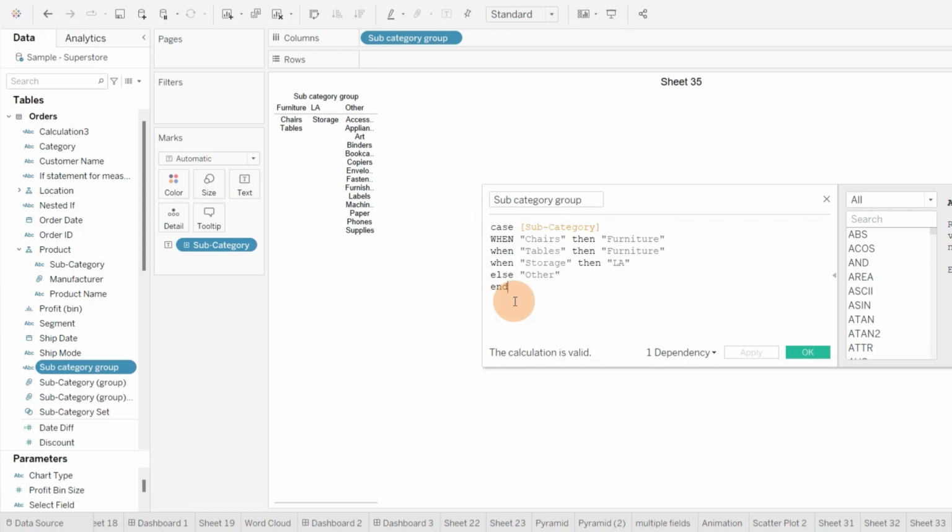If we want to compare around 10 values here, then the if function will become a little complex. But in a case statement, I can simply write my values and what I want in return for those values in one line itself, and it becomes easier than an if statement in these cases. So in these cases we can use a case statement in place of an if statement.